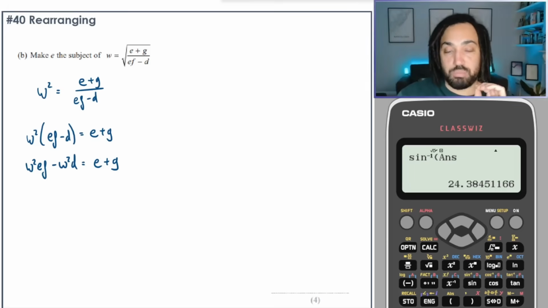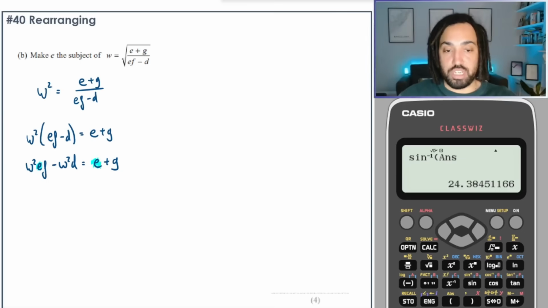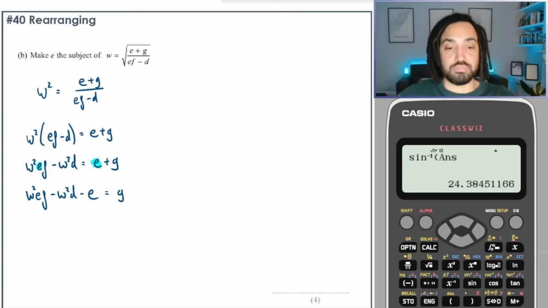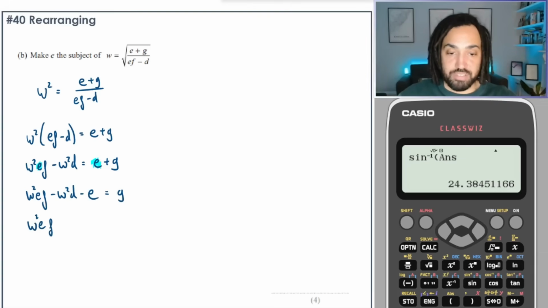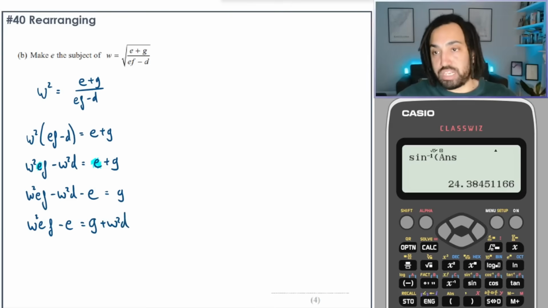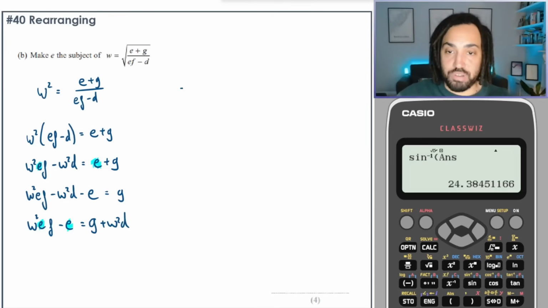And then here comes the most important part, which is that we need to get the e's on the same side. So there are 2 terms there which have an e in it, and we need to make sure they're on the same side. So I'm going to minus e to both sides, and I want to get rid of anything which doesn't have an e in it. So I'm going to add w squared d to the other side. Is that a g or a y? It's a g. Plus w squared d. Okay, great. I've got my 2 terms on this side which have an e, and that allows us to factorize,